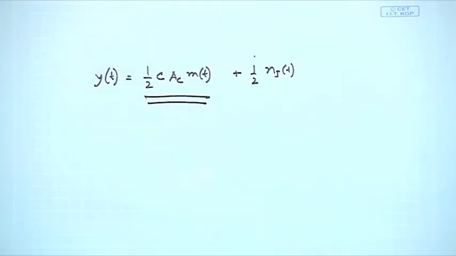All we now have to do is evaluate the power of this one and the power of that one, take the ratio of the two, and then see how this compares to the reference SNR. So, in the next class, we will look at this figure of merit of DSB-SC. Thank you.